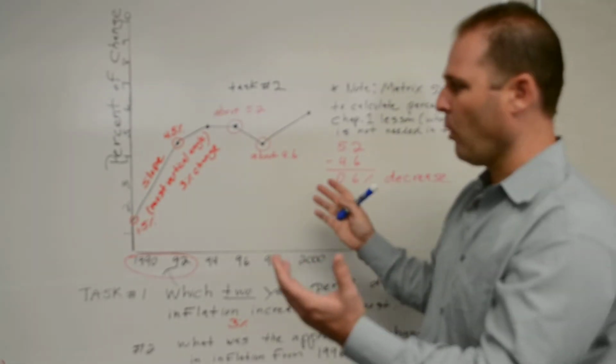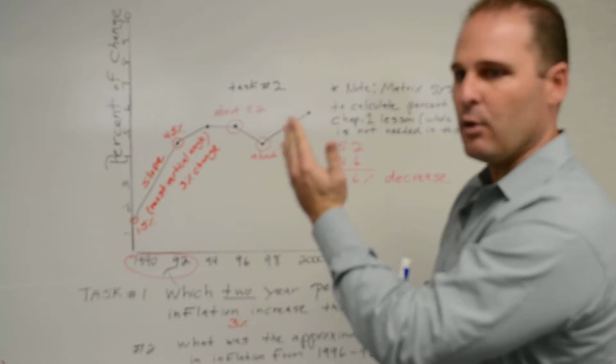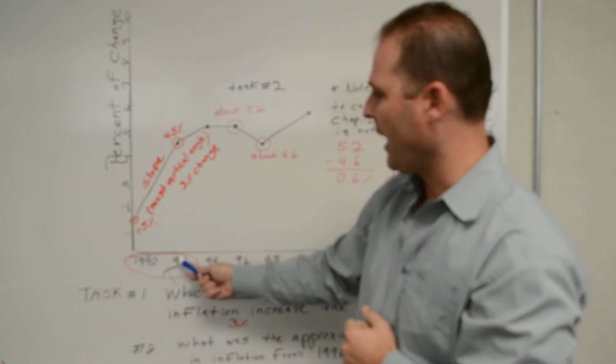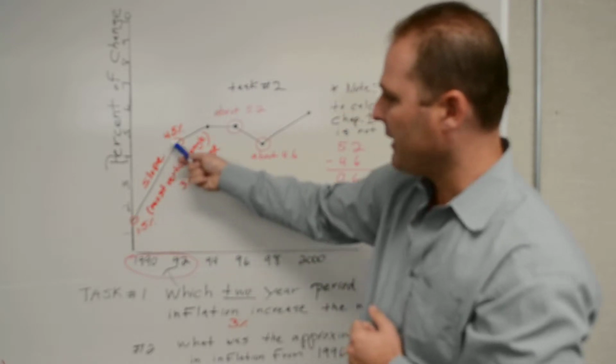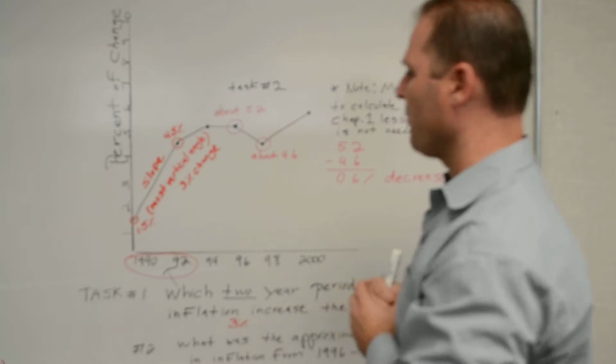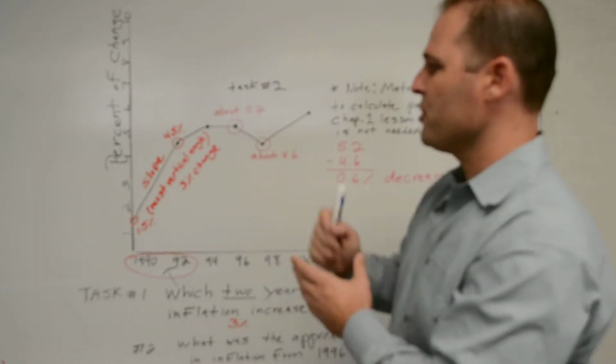Now as a visual, we're looking for a very vertical or most vertical angle called the slope. You'll notice from the year 1990 through 92, we have this line here that is more vertical than the other line segments you see throughout the graph. That's our first indicator that that may be the largest increase.